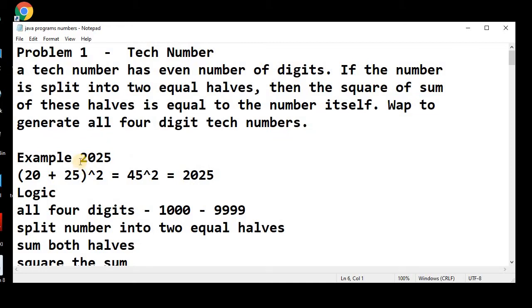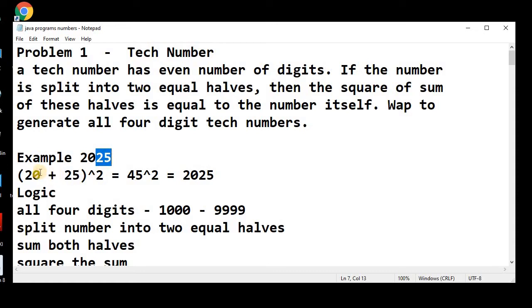For example, the number 2025 is a 4-digit number and has an even number of digits. So it has 1, 2, 3, 4 digits, that is an even number of digits. If we split this number into two equal halves, the first half will be 20 and the second half will be 25.